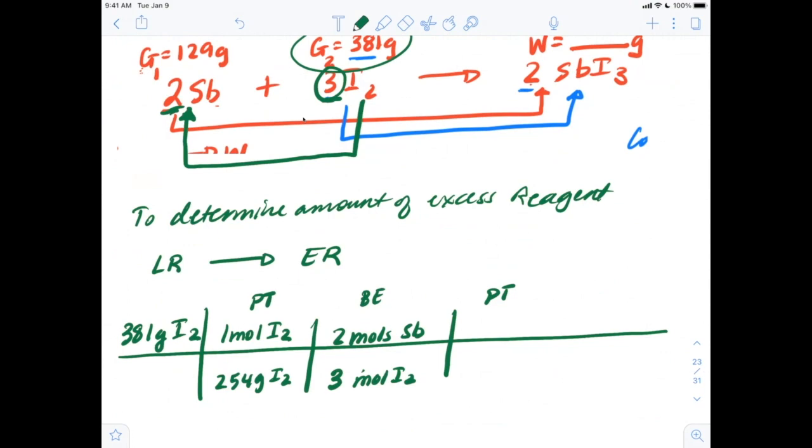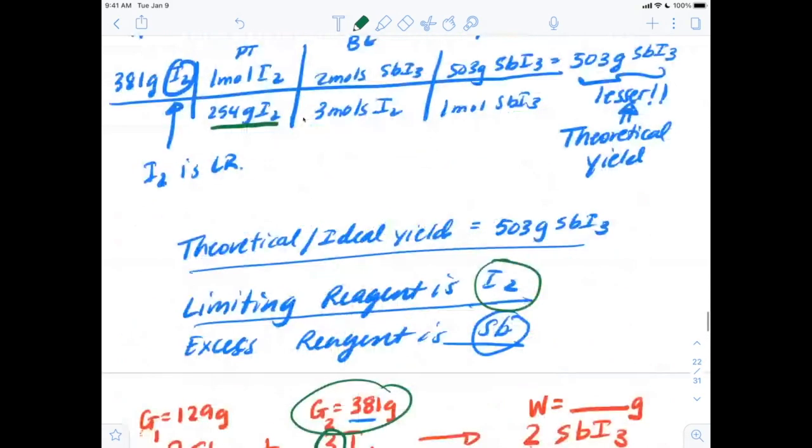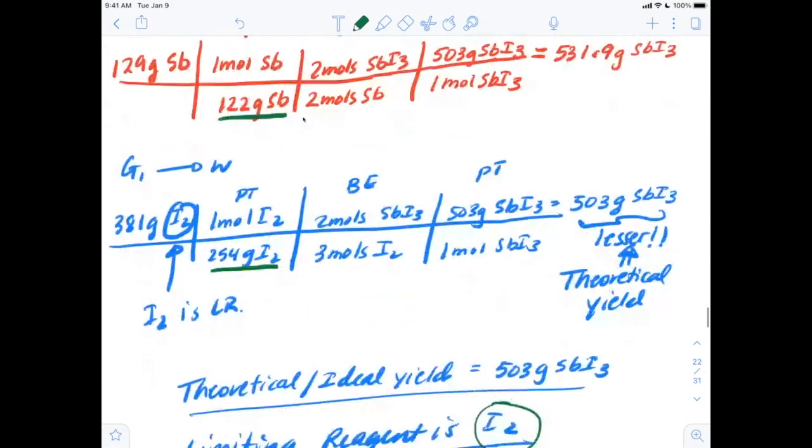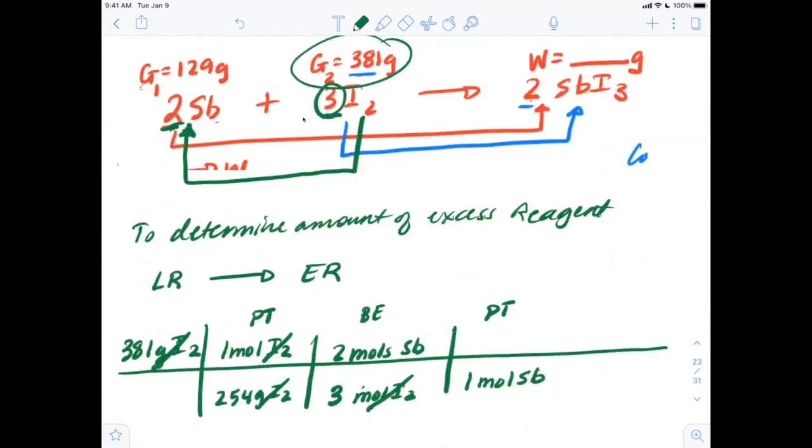Okay. Oh, yeah. Units, this cancels out, this cancels out, this cancels out, this cancels out. Now I need the 1 mole of Sb. And I won't even look at my periodic table. I have Sb somewhere here. 122 grams of Sb. I just copy from there. See, I'm not doing new math. 122 grams of Sb. So I got all these numbers from the other equations, and ta-da, I have it set